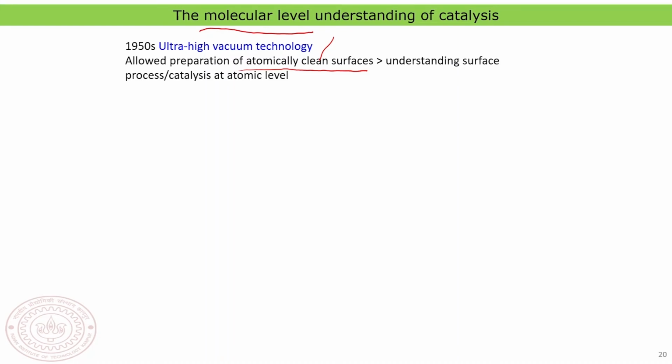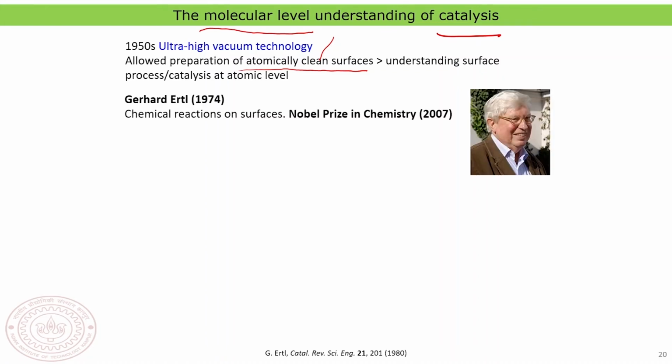This is quite important. Of course, one can trial basically any catalyst and find new catalysts. But if one can also understand the molecular level details of a chemical reaction that happens on a catalytic surface, then one will have a greater advantage in choosing the right catalyst. And to that, Gerhard Ertl, in 1974, for his contribution. In 2017, he was awarded the Nobel Prize in Chemistry, particularly for all his contribution in chemical reactions on surfaces.